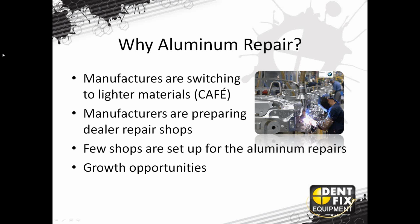You can't do that just by making engines more efficient. The cars need to be made lighter, and they're doing that through many processes. We've seen the introduction of boron or ultra high strength steel, Volvo introducing that first in 2006, but now becoming an integral part of all new car manufacture for structurally significant areas. They're using more carbon fiber. They're starting to use magnesium panels. And of course, the aluminum panels that we're here to talk about today, which is why Ford has added these